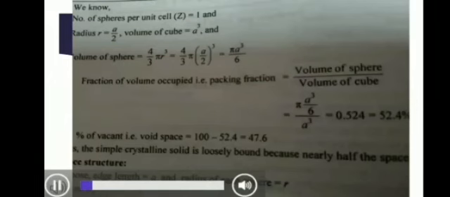We have learned to calculate the packing efficiency in simple cubic unit cell, face-centered unit cell and body-centered unit cell. There is another way of solving this that is given in your textbook. In the textbook they have given it in steps. First they have calculated the radius of sphere with the help of edge length, and then the volume of the sphere is calculated, and then the total volume of the sphere. In this they have put the value of r and they solved it further. So both the ways you should know. So I have given the second way also in this slide.